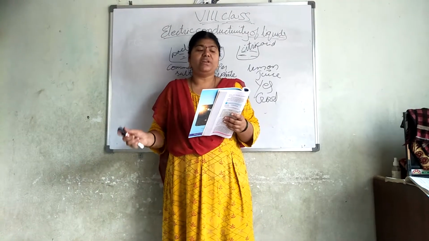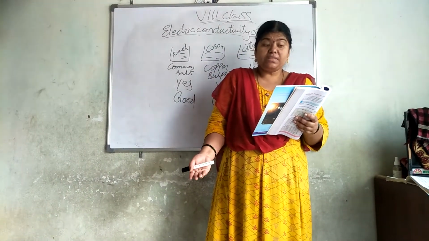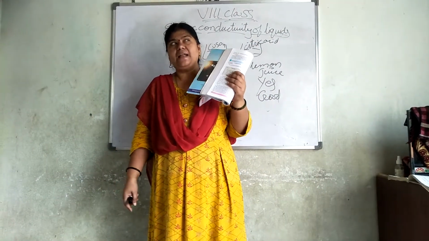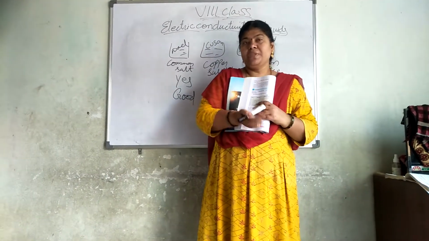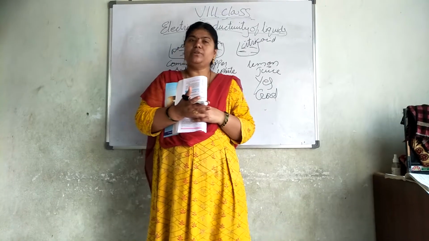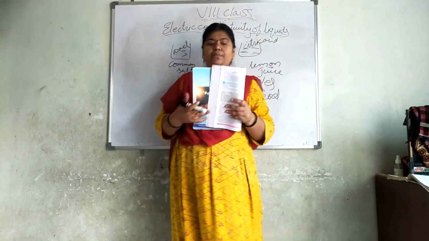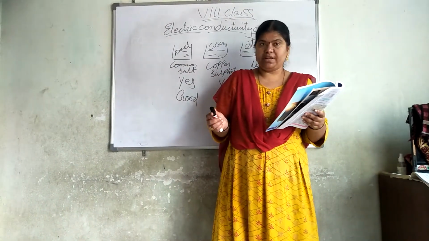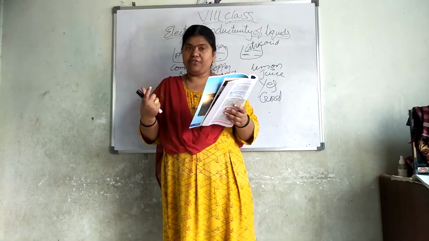If solutions of different salts and acids conduct electricity, what do vegetables and fruits do? It means, will the electricity pass through vegetables and fruits also? Why? Because we know that fruits and vegetables also have water content. So whether the electricity will pass through them or not, we have to test that. Testing the effect of electric current on potato. Take a potato, cut it in half and take one half of it.